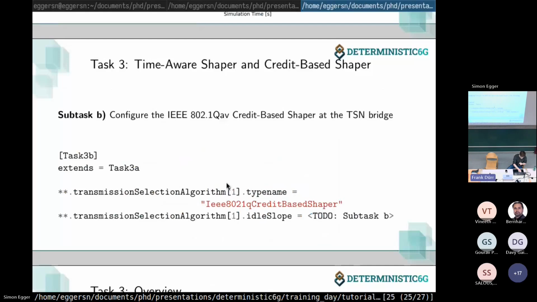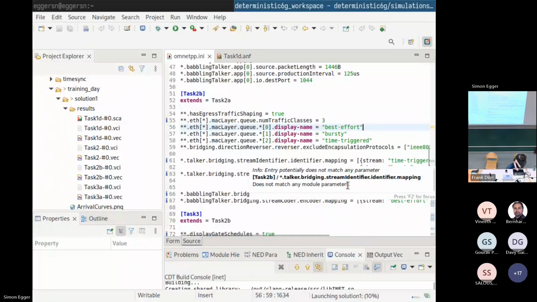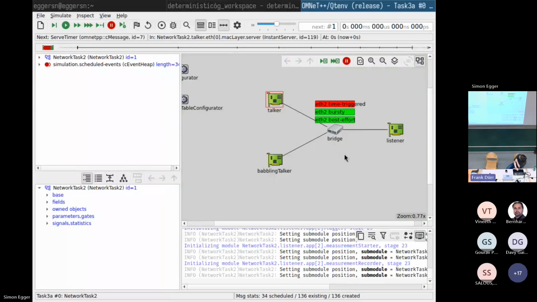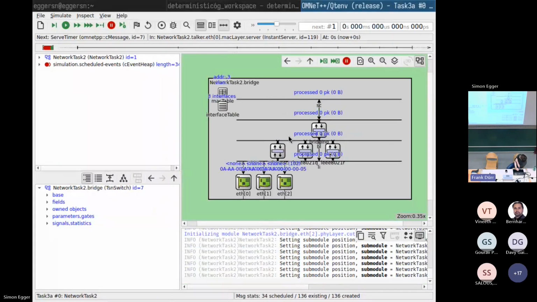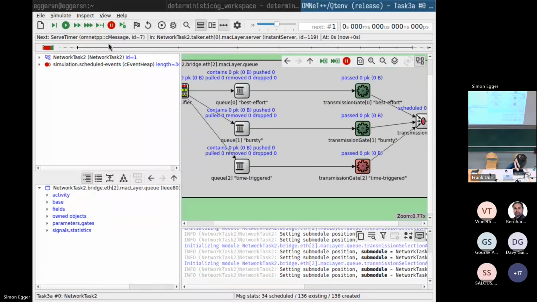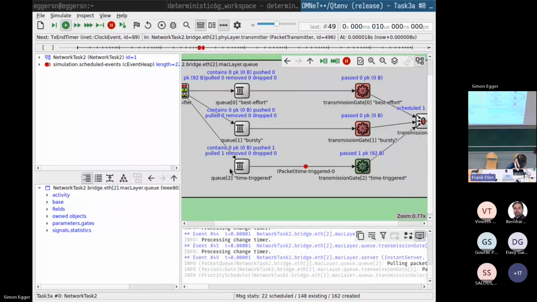And we can also try to simulate that. So if I'm switching back to the simulation, simply running the simulation again. And in here, I'm now selecting 3A for the configuration of the time triggered traffic. Then we have now a nice animation that shows us when the gates are open and when they are closed. And also if we now zoom in, and start running the simulation, we then have our time triggered packets that are enqueued in Q2 as before, but